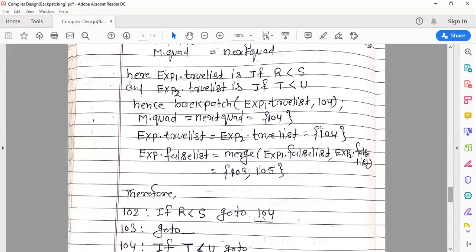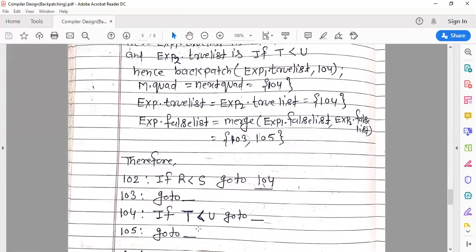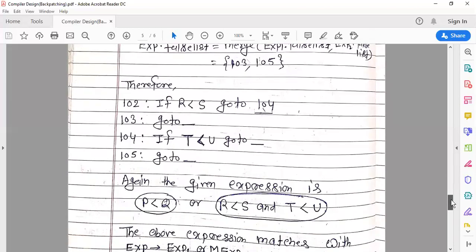So with the help of backpatch, m.quad is inserted into exp1.truelist. So 102 is the exp1.truelist, and 104 is the exp2.truelist. Now you can see how this 104 is inserted into 102.